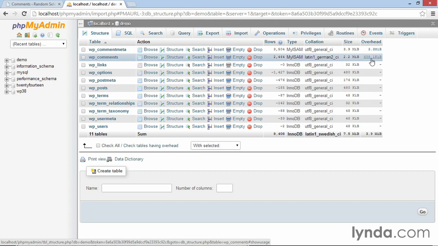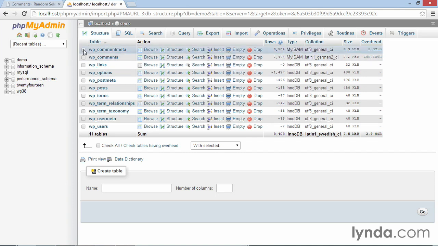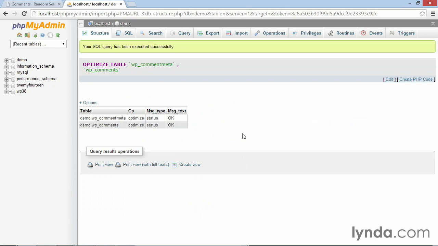So now we want to optimize our tables to get rid of that overhead. And optimizing the tables can be done automatically right from within PHPMyAdmin, simply by selecting the tables in question. So I'm going to select both WP Comment Meta and WP Comments, and then use this dropdown down here to select Optimize Table. This will automatically run the optimizer, and when I go back to look at the structure of